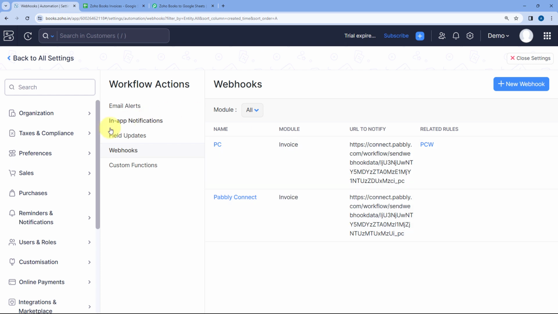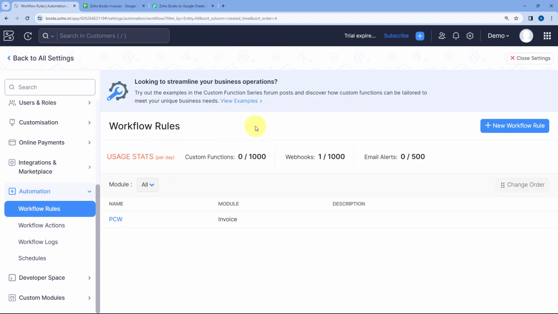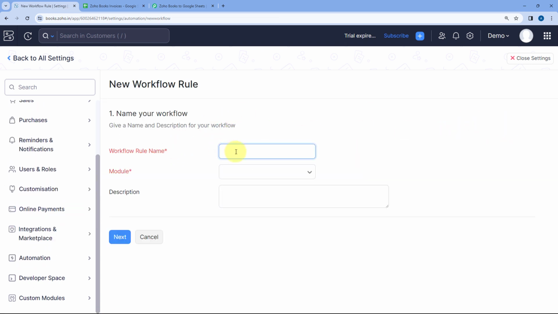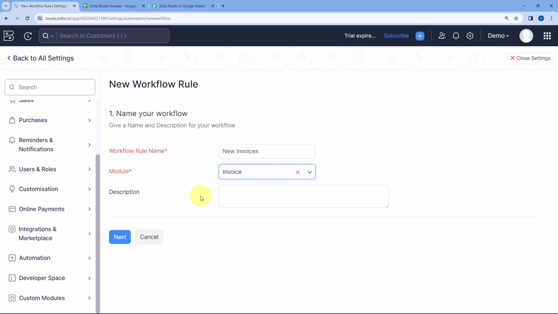So what we are going to do, from the left sidebar itself, before workflow action, you can see this option of workflow rules. Go to workflow rules and we are going to create an automation workflow rule in Zoho Books. Click on this new workflow rule button and give this rule a name. For example, I'll name it as new invoices. Then it is asking us for the module once again, so we are going to select the same invoice module